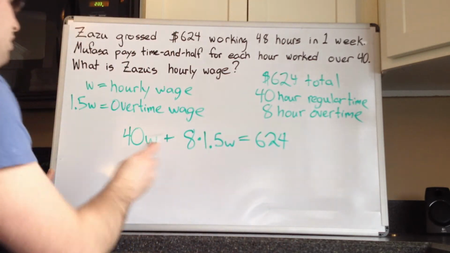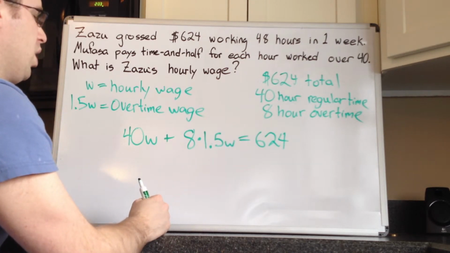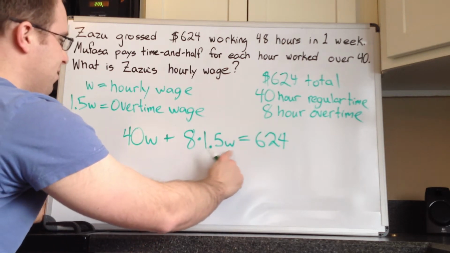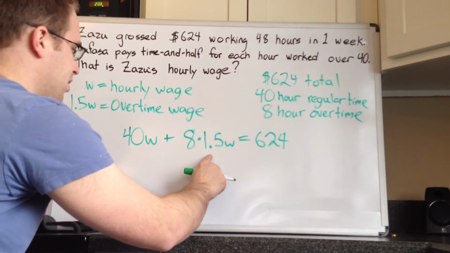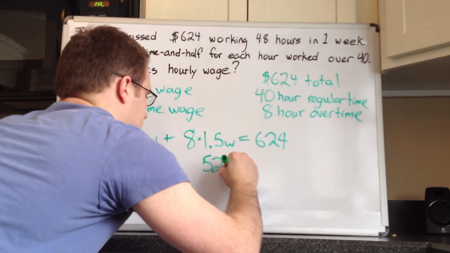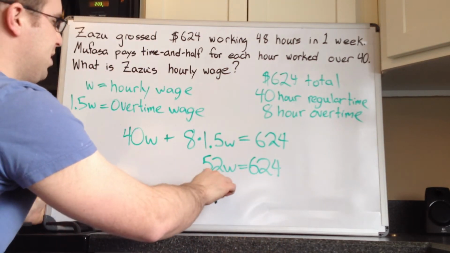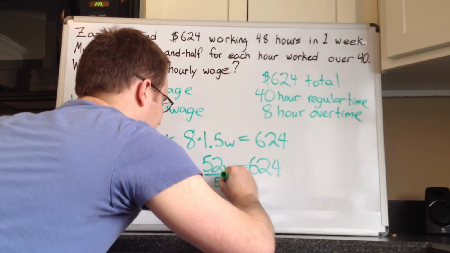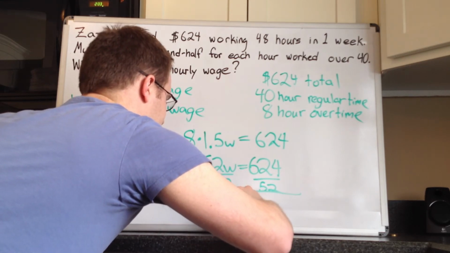624. So now we have an equation here with one variable. There's one equation with one variable, so we're going to get one solution. So now we just have to solve this equation. Well, 8 times 1.5 W is going to give us 12 W. 40 W plus 12 W is going to give us 52 W on this side. So 52 W equals $624. So this tells us 52 times Zazu's hourly wage is $624. Now we just divide. Divide by 52. And we know W equals